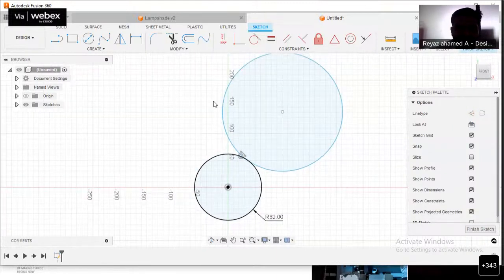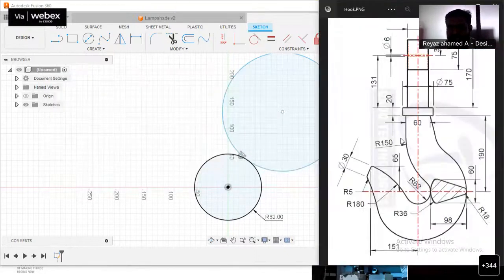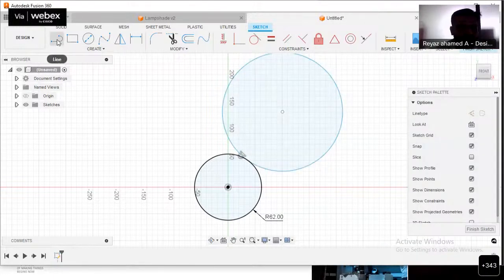And then I have to create a line over here, because there's a straight line. We have to represent that also. Go ahead with Alt tab to move to Fusion 360. Go ahead with the line option. The line that is created should also be tangent. So I have to create the tangent for this circle, which is perpendicular to this center point.